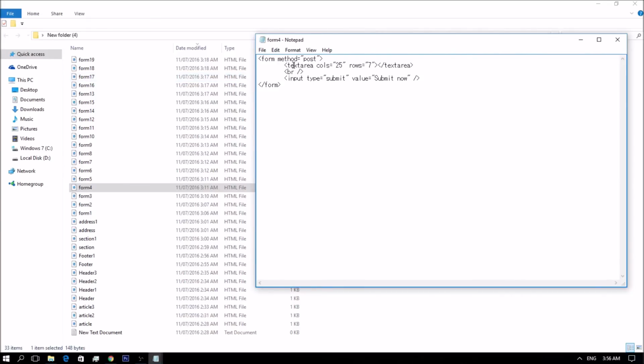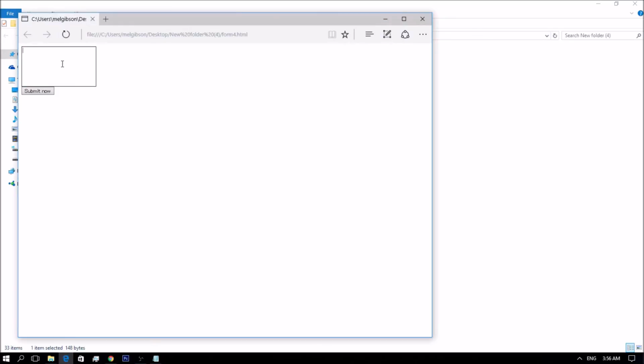Just as you can define the length of a text input field, you have the option to change the size of your text area using the attributes rows and columns. For this example, I chose a text area which is 25 columns wide and 7 rows high. So this is the example I created.